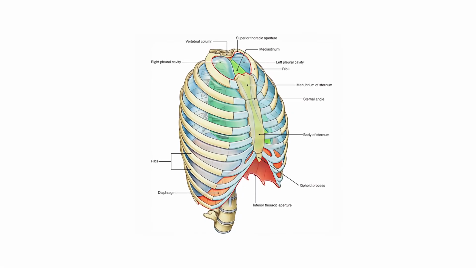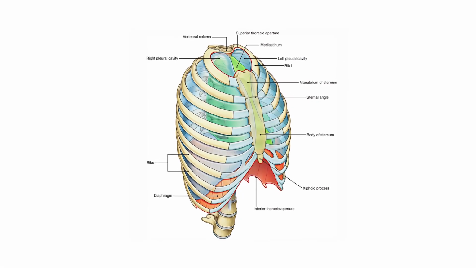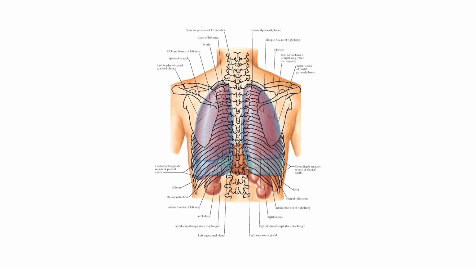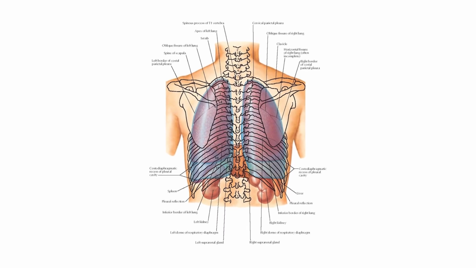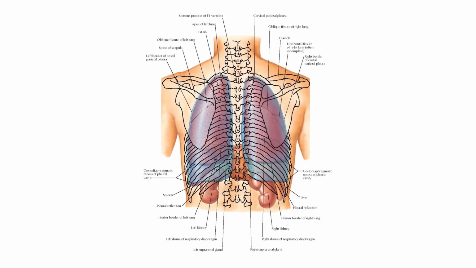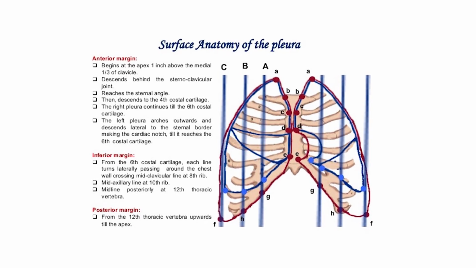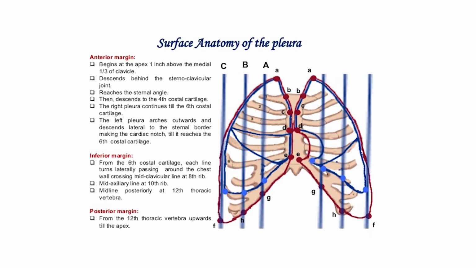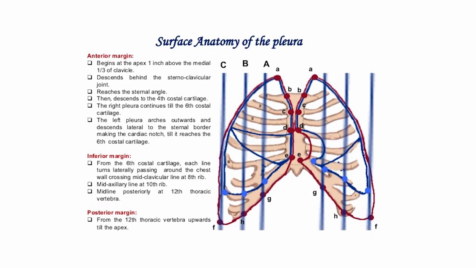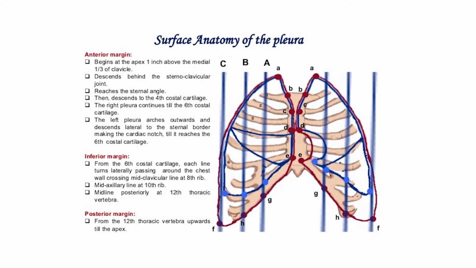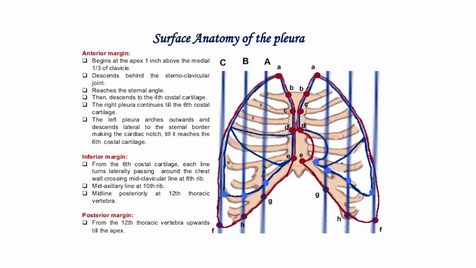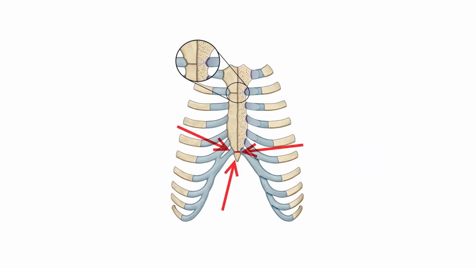The anterior margin, the costomediastinal line of pleural reflection, is as follows. On the right side, it extends from the sternoclavicular joint downwards and medially to the midpoint of the sternal angle. From here, it continues vertically downward to the midpoint of the xiphisternal joint, and crosses to the right of the xiphocostal angle.